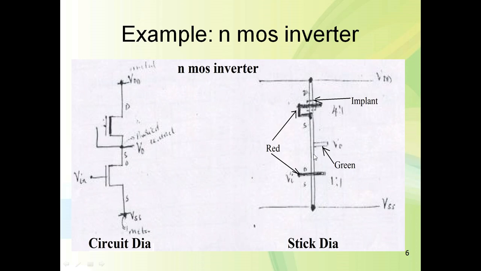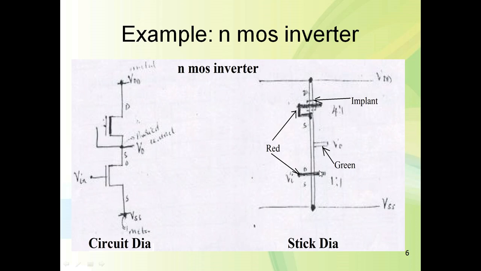Coming towards the pull down transistor that is formed by using, this is N diffusion layer, this is polysilicon layer, so this is drain and this is source. So you can see here output is taken from source of the first transistor and drain of the pull down transistor, they are connected together, and output is taken here. So therefore output is taken from the source and drain connected together, and it is taken as an output.